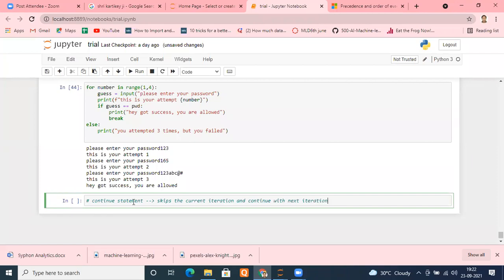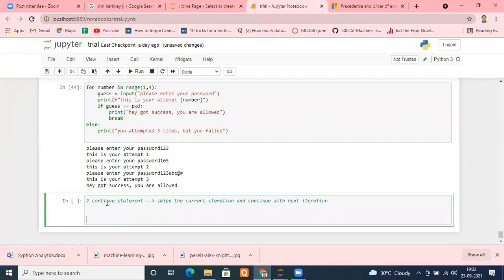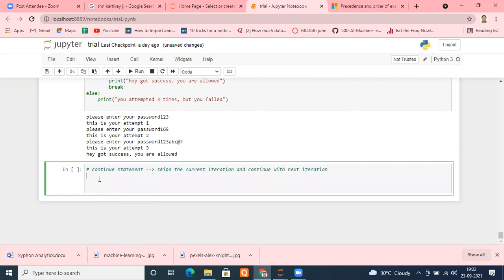Okay. For example, this time, instead of a string or range, I'm going to take a list, and suppose the list name is fruits. The list starts with square brackets, and it can have any data type, even mixed types, numbers, integers, everything, doesn't matter.